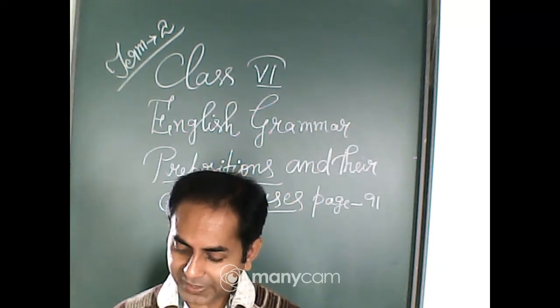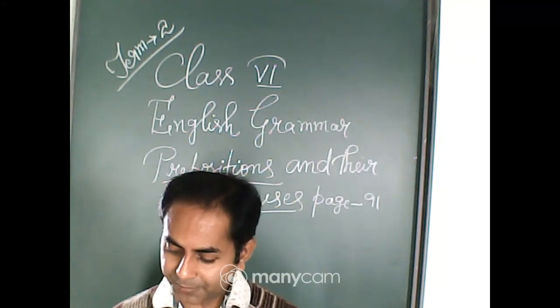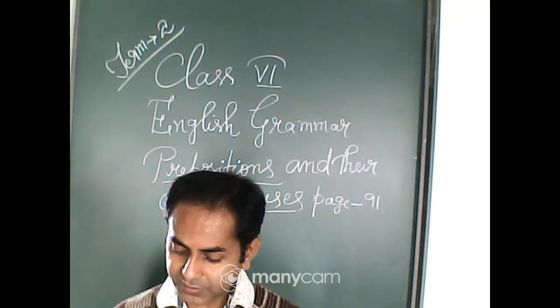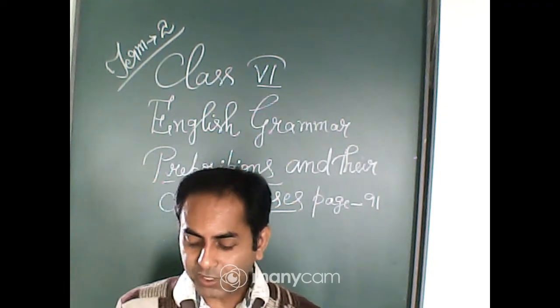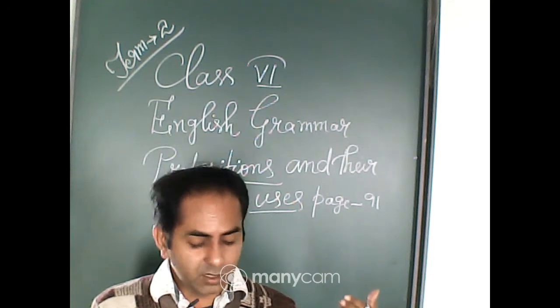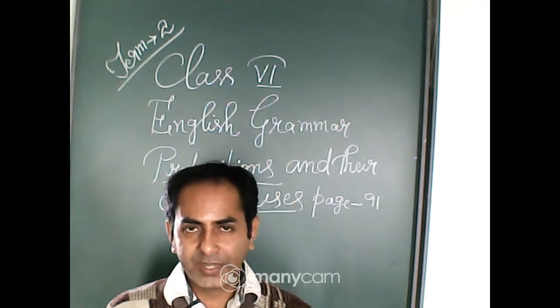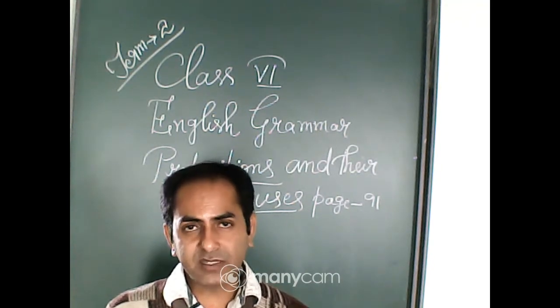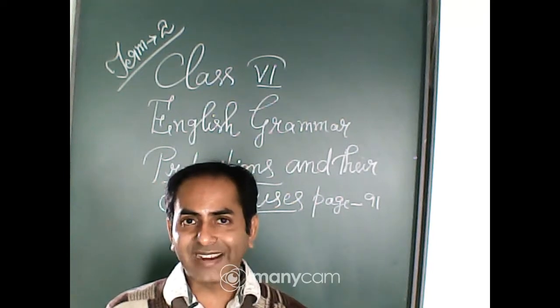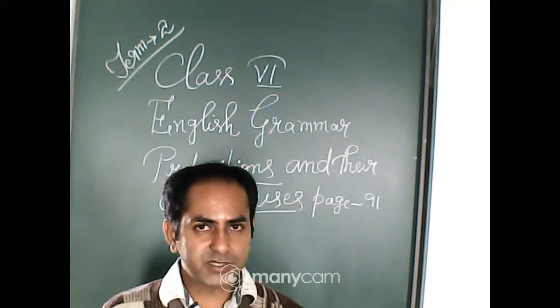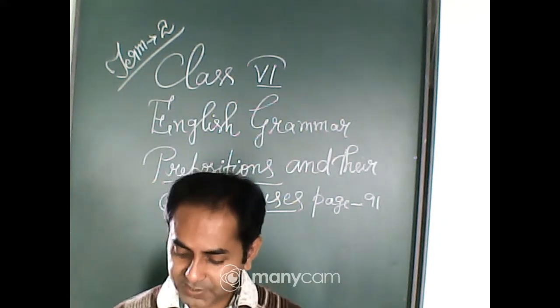Beside can be used to indicate the position or location of something or somebody next to somebody or something. Let's read once more and you underline also. Beside can be used to indicate the position or location of somebody or something next to somebody or something. Just beside me, it can be either on my left side or on my right side. Next to means it can be on either side of the person, the left side or the right side, but it is beside too.